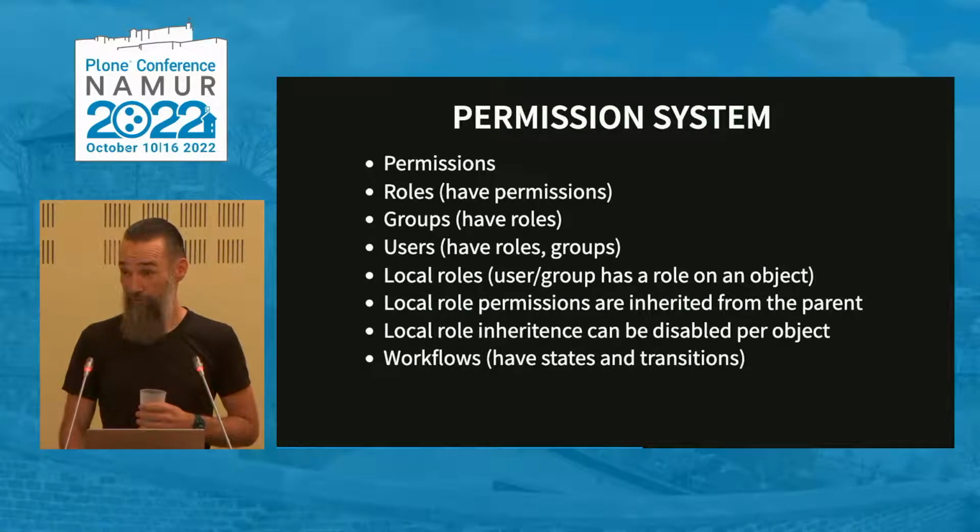Then we have workflows, which have states and transitions. And a state also has permissions. Permissions per role. And that role, as you can see in the top one, has permissions as well. So there's quite a lot of stuff to do when you actually want to know, am I allowed to access this content object? So there's a lot of traversing and a lot of things. So that's why I think Guillotina doesn't have this fully implemented, probably because of this reason, because this